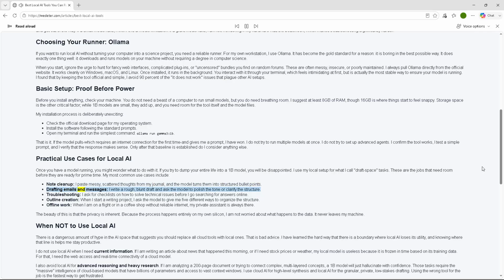Drafting emails and messages. I write a rough, blunt draft and ask the model to polish the tone or clarify the structure. Troubleshooting. I ask for checklists on how to solve technical issues before I go searching for answers online. Outline creation. When I start a writing project, I ask the model to give me 5 different ways to organize the structure. Offline work. When I am on a flight or in a coffee shop without reliable internet, my private